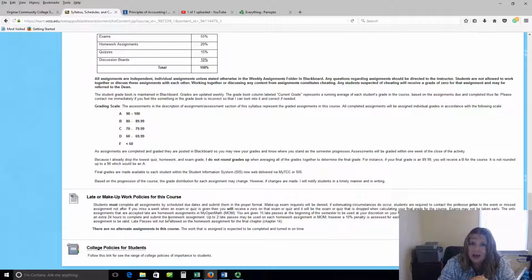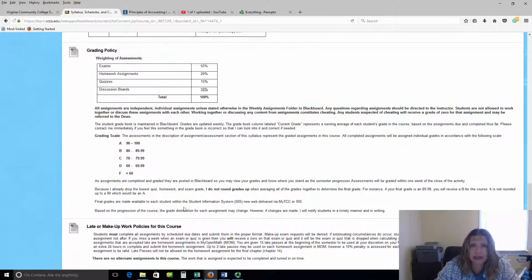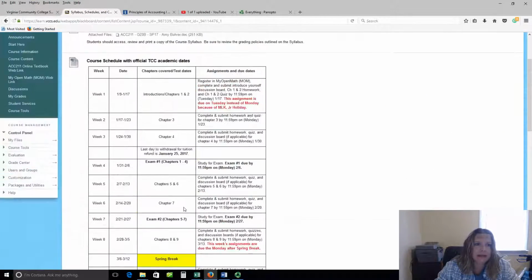You do not have enough late passes to do that on every single assignment. We're going to be going over 14 chapters, and you've only got 15 late passes for the whole semester. So make sure you use those late passes wisely. Try to get that work in on time so you don't have to use those late passes and get the 10%. Each late pass you use, it's 10% off for each late pass. So if you use 2, your highest grade you could get would be an 80. Okay. And again, homework is the only thing I will accept that on. Nothing else is accepted late.